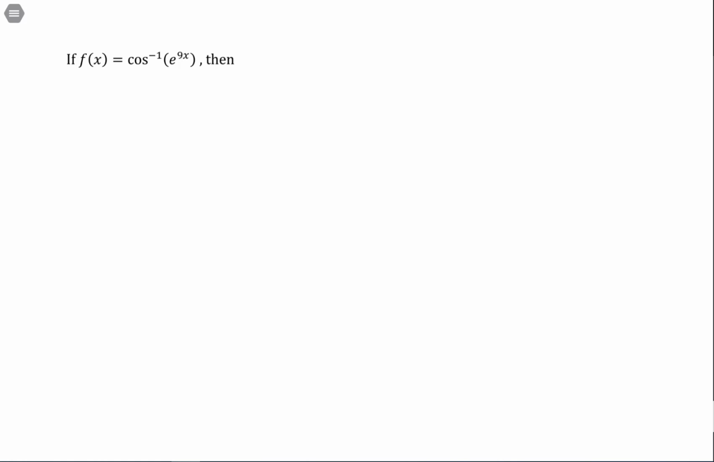If f of x equals arc cosine of e to the 9x, then f prime of x equals what? So the derivative of this, we really just need to make sure we know the derivative